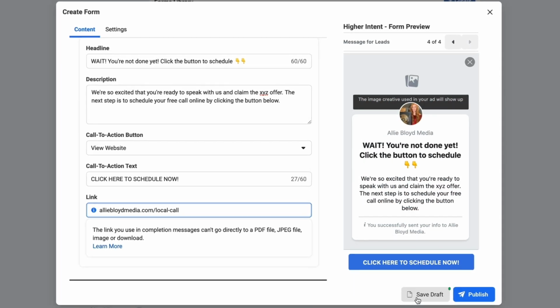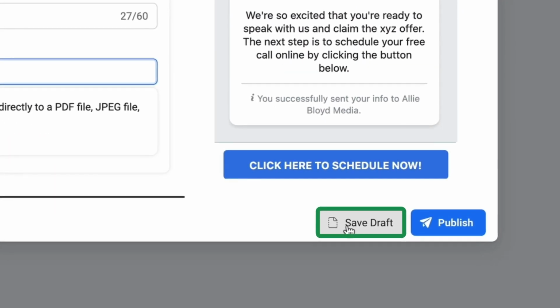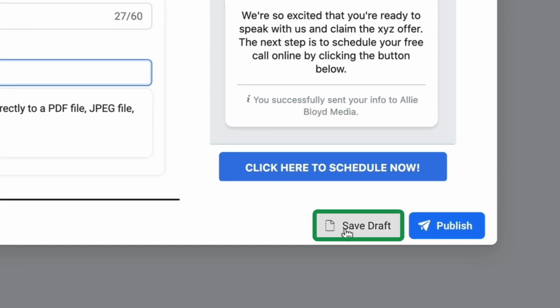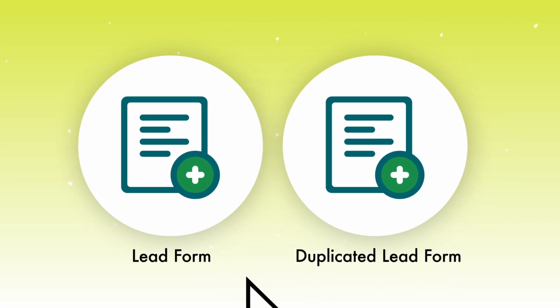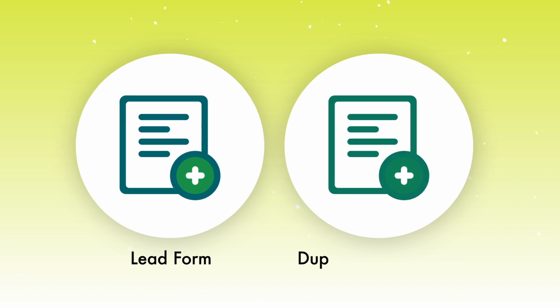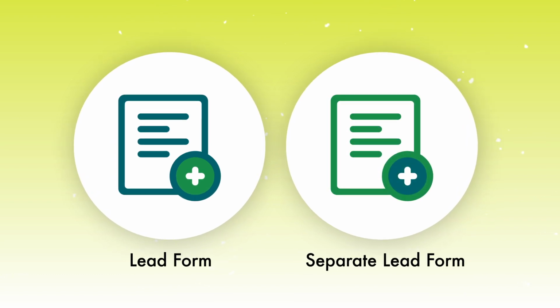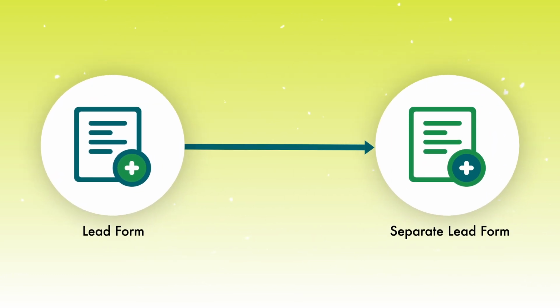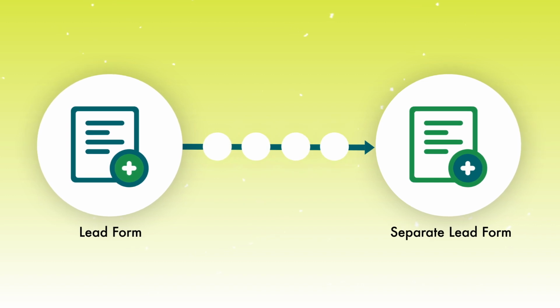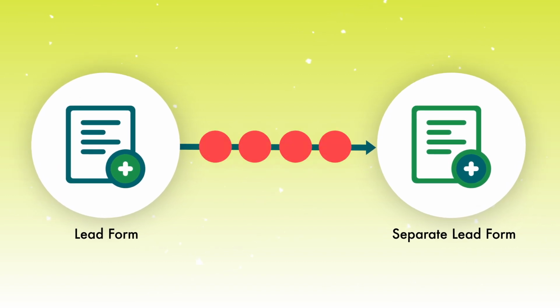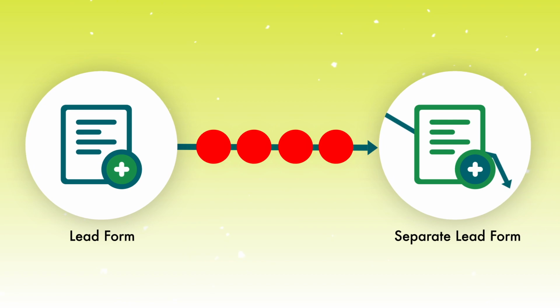Finally, you're gonna hit Save Draft if you do wanna go back and double check that all of the options or links in your form are correct, because after you publish this form, you can no longer go back and edit it. You can duplicate this form, but it will be a totally separate form. Having to duplicate an existing form actually adds other steps and does increase the likelihood that you'll make a mistake and that leads will not be delivered, which is a big no-no.